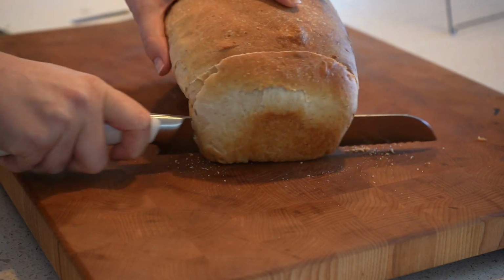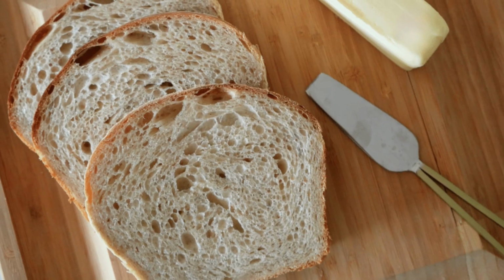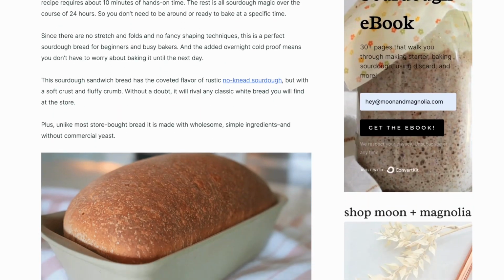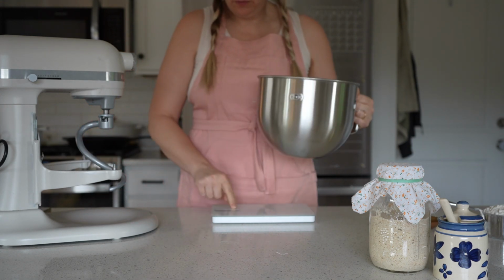Today I want to share with you how to make sourdough sandwich bread. This is one of my all-time favorite recipes to make, and you can find the full printable recipe on my blog at moonandmagnolia.com. This recipe does not require any fancy techniques or any real bread skills, so it's great for